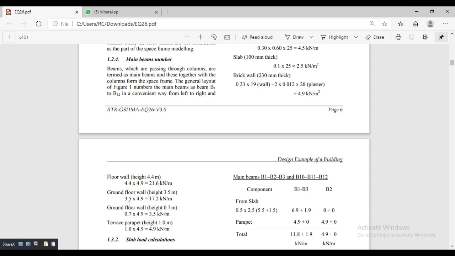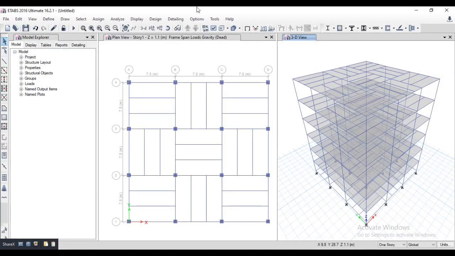So the height is 3.5 and the 4.9 kilonewton per meter square is the load of the 1 meter height of the wall. After multiplying, 17.2 kilonewton per meter load acts on the outer beam. So select only outer beam.